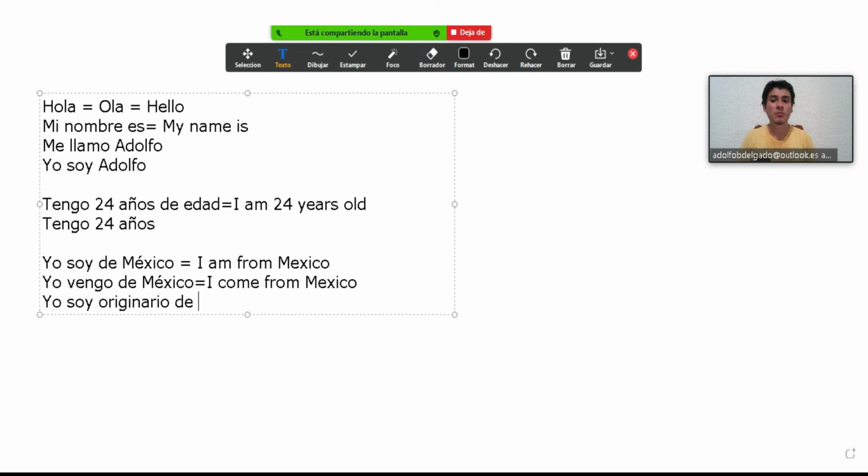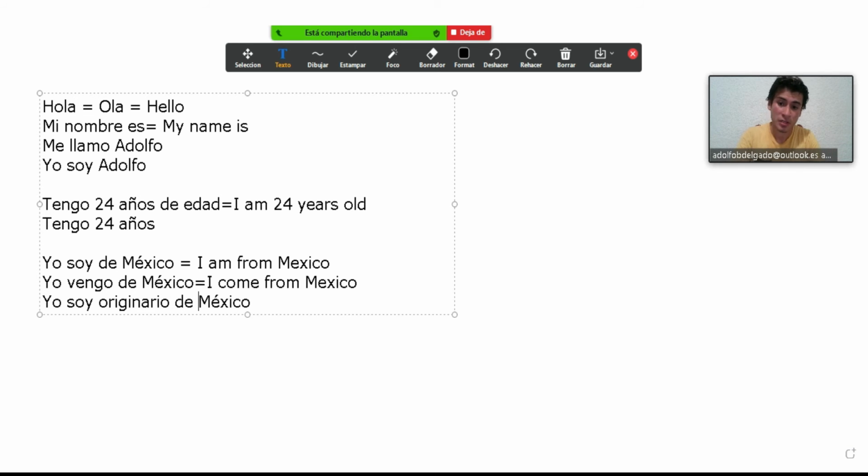This is more specific, and in this case, you can use only your country, or you can say your city, which is, in my opinion, more correct. When you use this word, originario, you are being very specific.